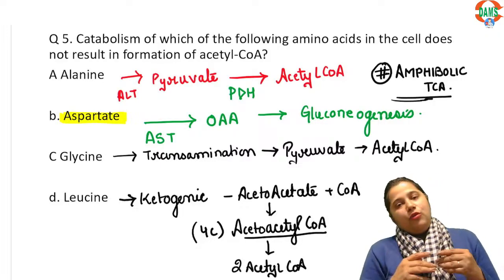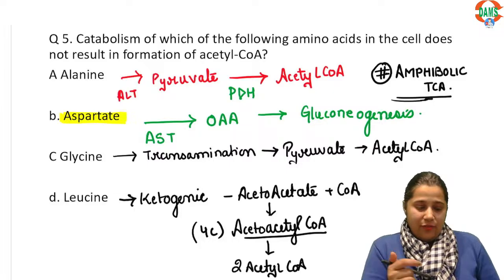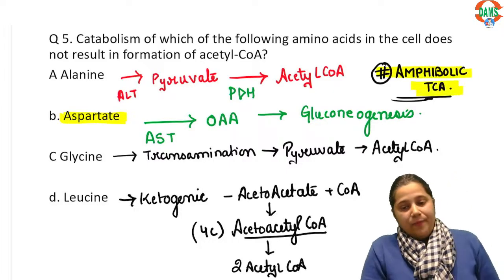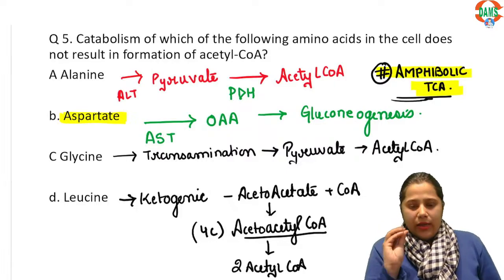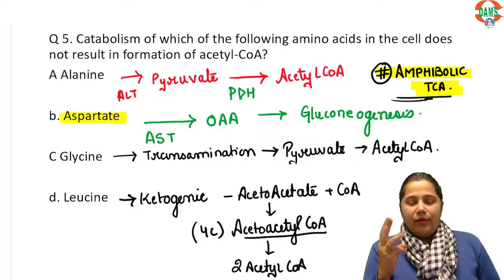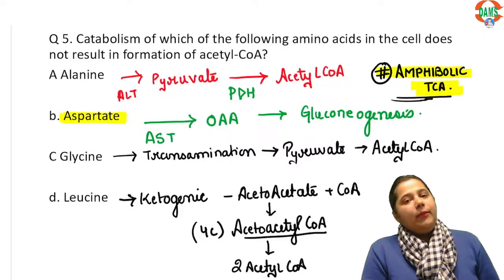So to answer such questions, you must have read the amphibolic nature of TCA. And this topic becomes clear only after we have covered all three metabolisms: protein metabolism, carbohydrate metabolism and lipid